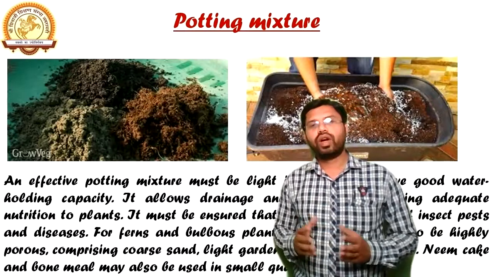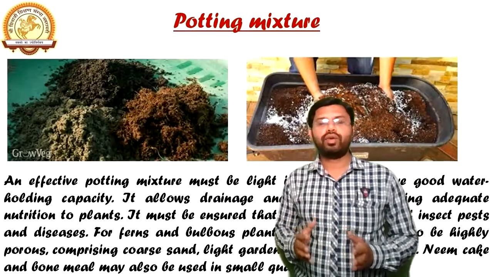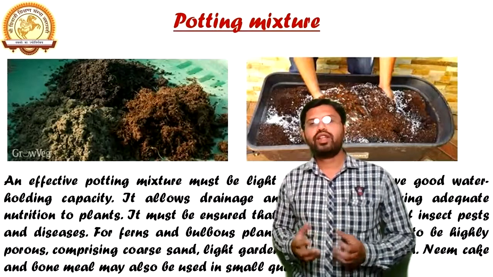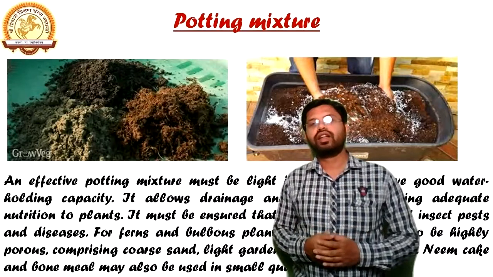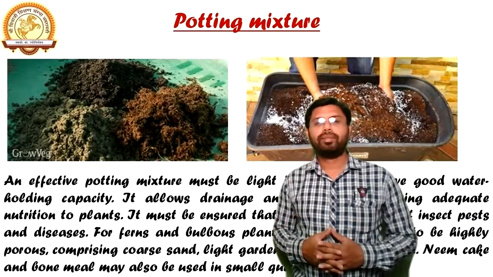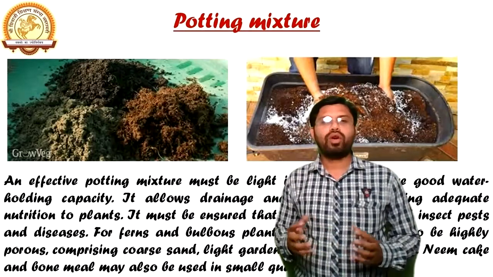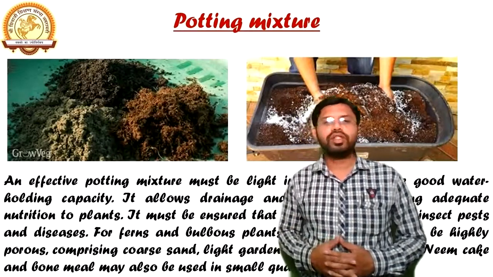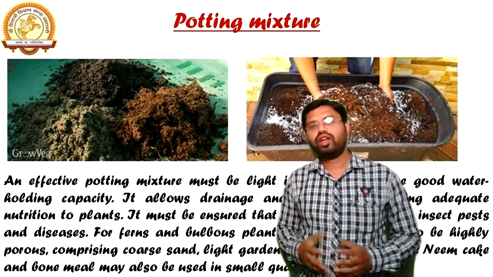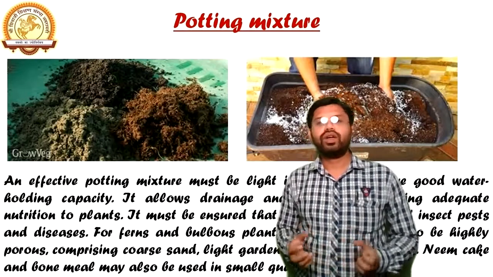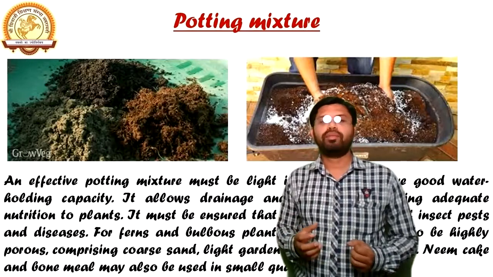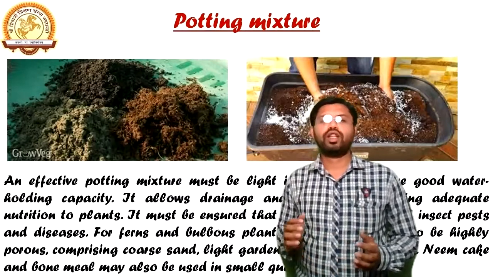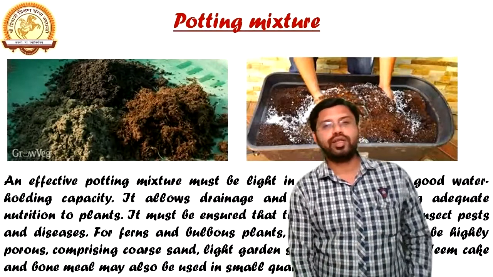Along with that, the soil and the manure must contain nitrogen, potassium, and phosphorus, that is the NPK. And the porosity of the soil must be such that it has better aeration and water holding capacity. Now, various types of potting mixtures have been prepared. In a common way, we can say that a cow dung and black soil mixture is used for potting purposes. Sometimes other nutrients are also added to this potting mixture.